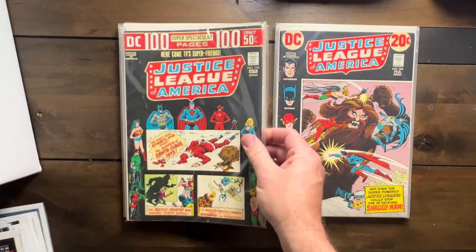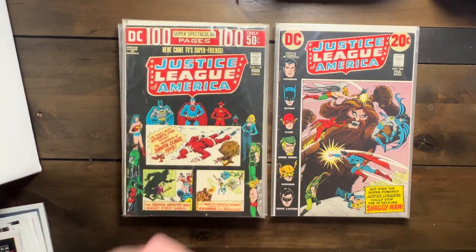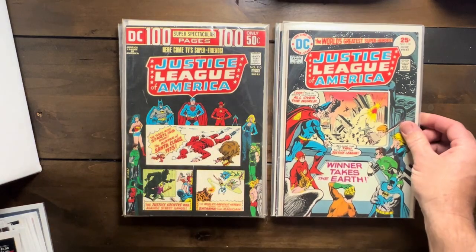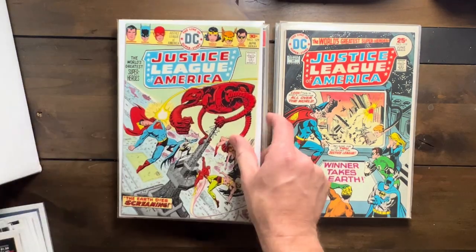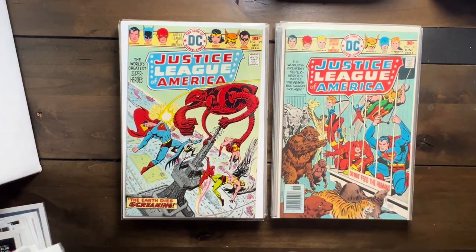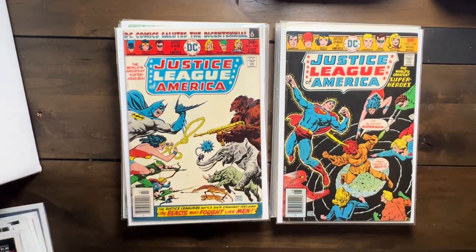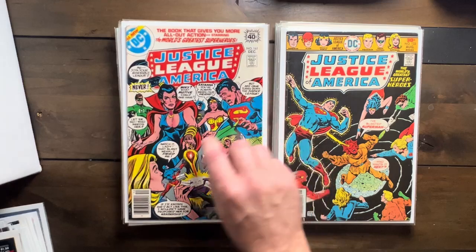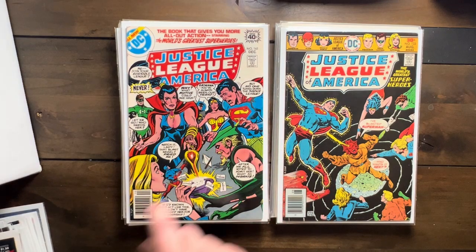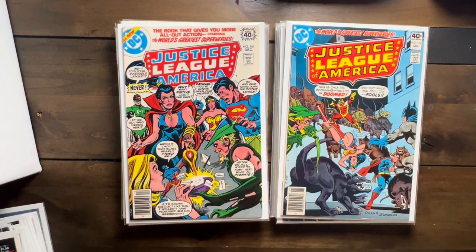104, 110, that's a thick one, and it's in pretty good condition too. 100-pager. 119, 129, fantastic cover. 131 is another awesome cover, right? All in the zoo. 132, 133, 161. I think this is Zatanna joins the Justice League, so that's a key, and it's in fantastic shape too. 174, and the last book,